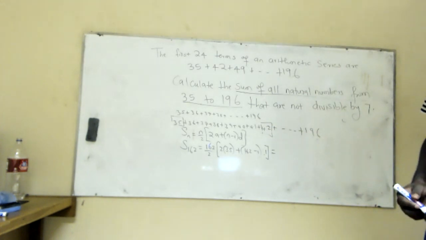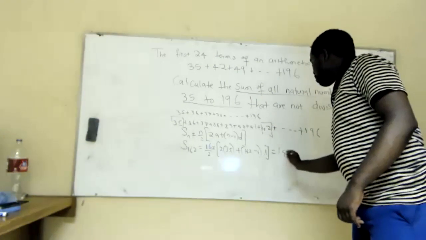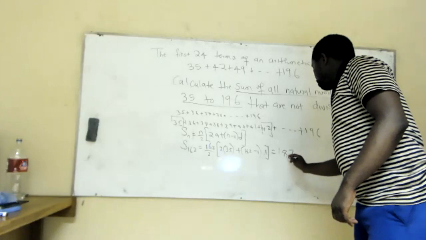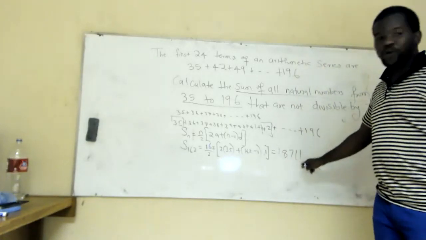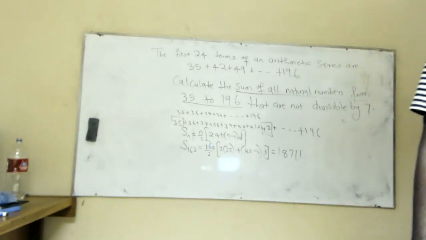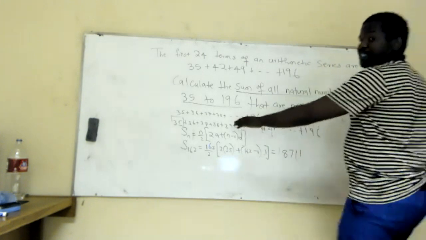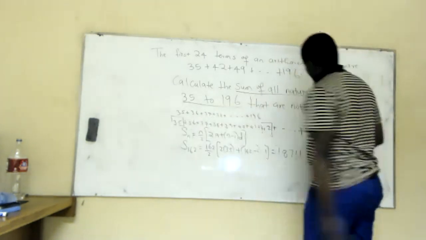Isn't it 18711? 18711. Okay. So now this is the sum of all the terms from 35 up to